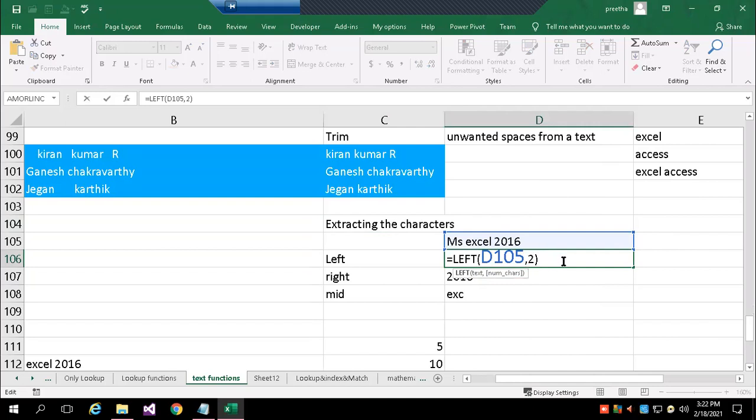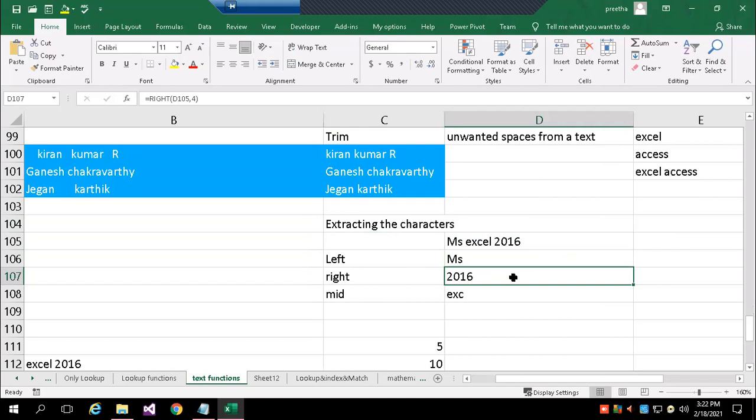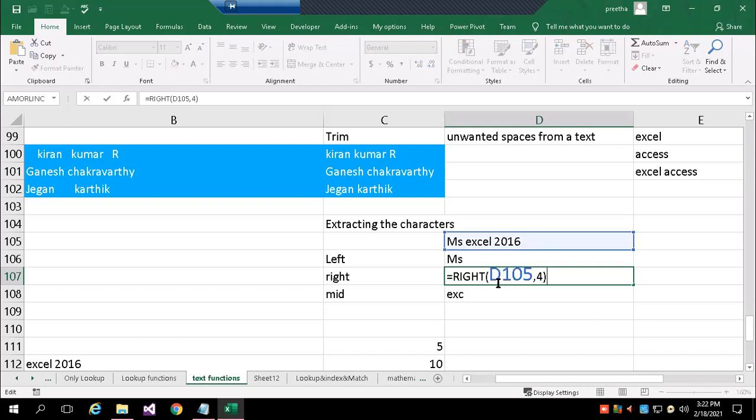What I got here in MS Excel, the first two letters, is MS. It's extracting and giving only the specific number of letters from a text, or text can also be called a string. Now the second example: from the text, from the right side four characters, so I'll get 2016. From the right of the text, exactly 6102, that I will get.